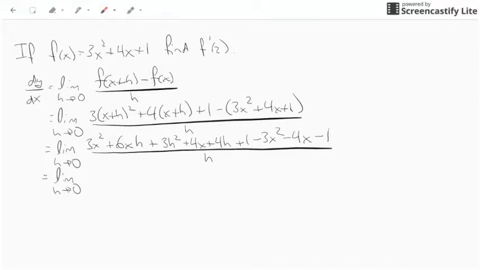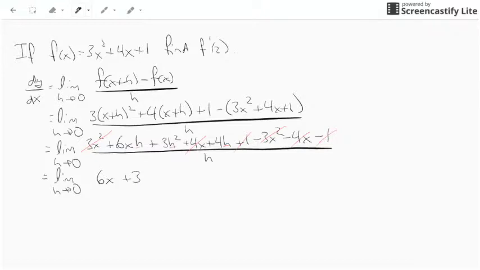Okay, the 3x squared minus 3x squared goes away. 4x minus 4x goes away. Positive 1 minus 1 goes away. And now notice every term that I'm left with in the numerator here has got an h in it. Well, I'm dividing by h. So when I do that, I'm going to get some canceling here. And this is going to end up being the limit as h approaches 0 of